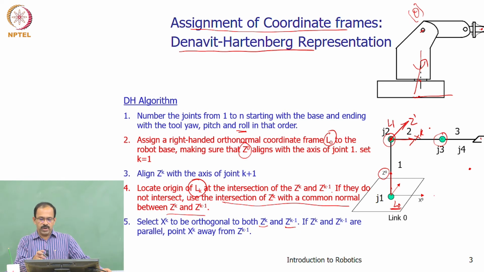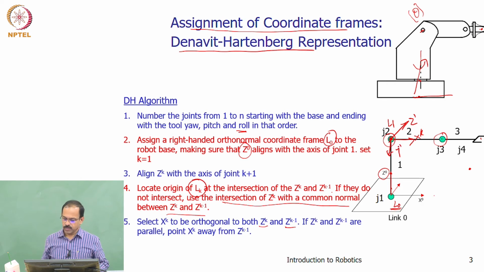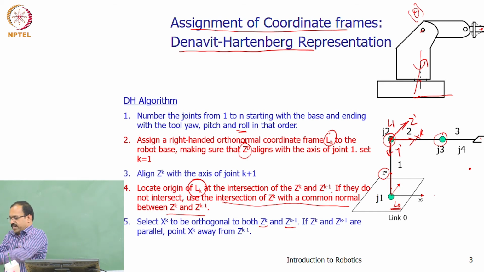And then now you have xk. Okay, so this is xk, this is zk, and therefore your yk from the right-handed rule will be like this. So your y-axis will be like this. So x1, z1, and y1, you identified the coordinate frame. So always follow the right-hand rule, then you will always get it. Because now your z is like this. So this is the x, this is x, z, and then y will be downwards.